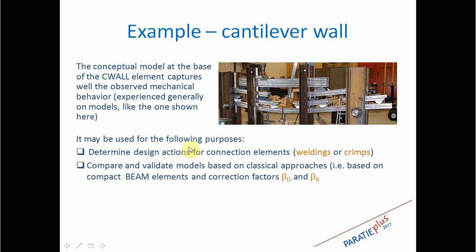So our element, in our opinion, can be useful for essentially two purposes. To determine the design actions in the connection between elements if you want to weld or crimp the elements, and compare and validate models based on classical approach. So you can always use the classical approach, providing beta D and beta B factor and normal ordinary beam element, but if you are not familiar or confident with that value, you can also try to figure out what happens with the